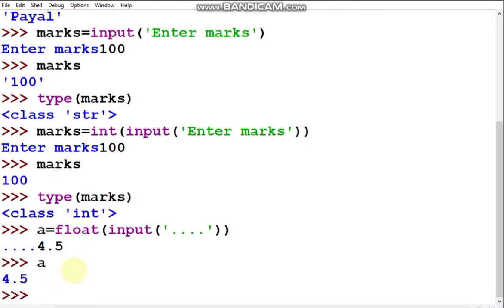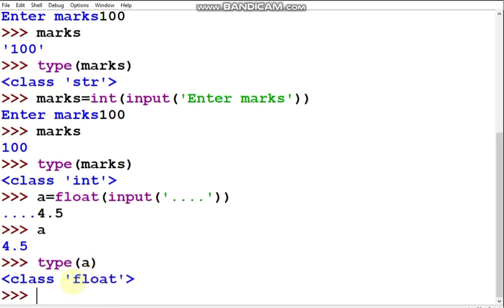So if you print, you are getting the value A. So here you can write enter a value, enter a number, anything. Anyhow, so you are getting the value of A as 4.5, which is a floating point number. And if you want to check what is the data type of A, you can check that. Yes, the class is float. That means it is of floating point data type.